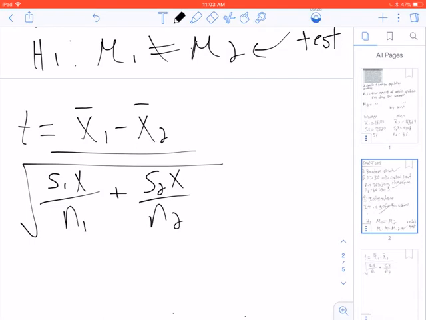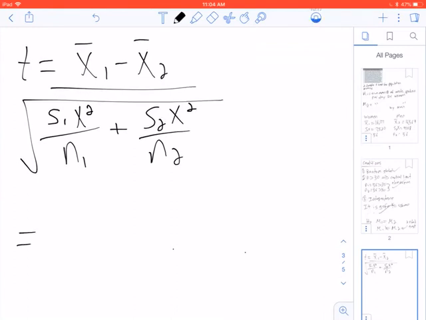But remember, and this is something we talked about much earlier in the year, you can't add standard deviations. You can only add variances. So I actually need to square those top two numbers when I plug them in. Variances always add. You cannot add the standard deviations. You won't get the right answer, especially because this is already underneath a square root sign. So I need to square those sample standard deviations, add them together, then divide by the sample sizes and take the square root. Let's plug into this formula and see what we end up with.